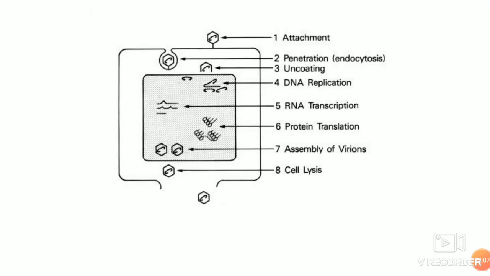Once enough viral genomic DNA is formed, the replicative form will already be synthesizing the structural proteins which are assembled in the nucleus, and cell lysis happens. The mechanism of cell lysis is not known, but the cell lysis happens and the virions are released, and they infect the other cells, other erythroid cells.